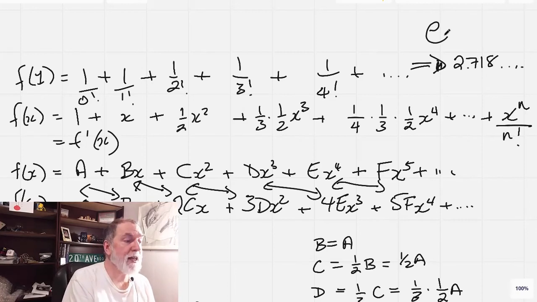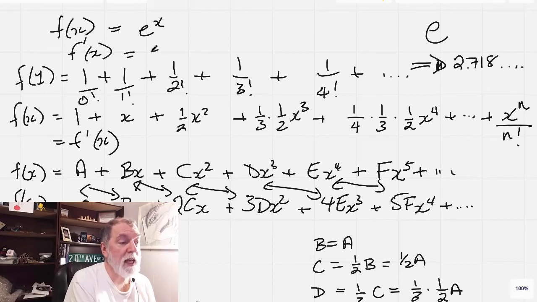We'll show later that this f of x is actually the function e to the x, and so f prime of x is also e to the x. When that video's ready, that will be